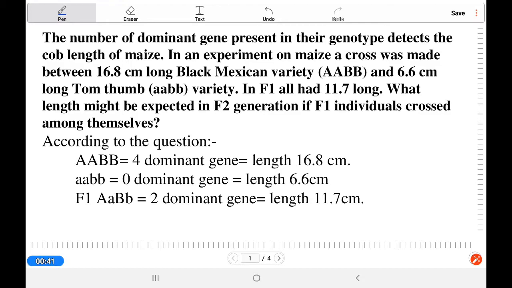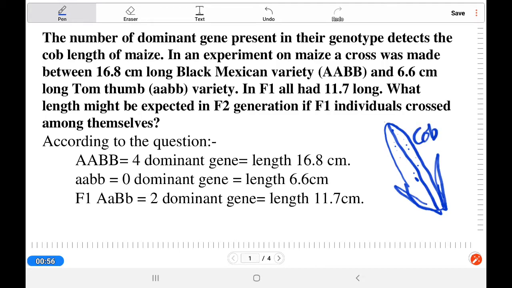What is a Cobb length? Cobb length means that the maize grain is there, and this length is the Cobb length. Cobb length of maize. In an experiment on maize, a cross was made between 16.8 centimeter long